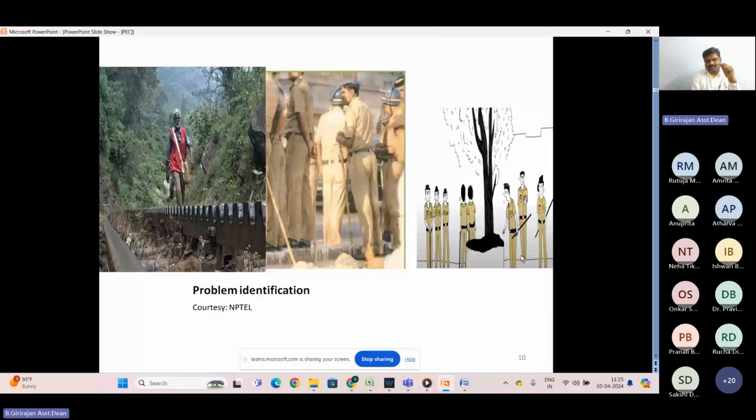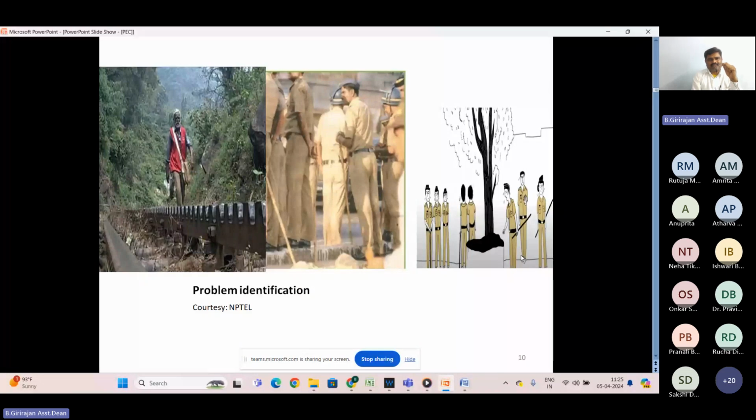So when you see the picture, I hope this is a general problem identified, not related to pharmaceutical students. However, the concept will be understood by you because you are in a multidisciplinary approach now, and you can connect your concepts, your course and syllabus to this problem that you see here.